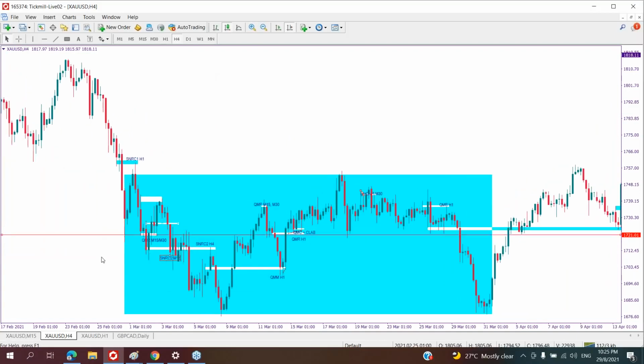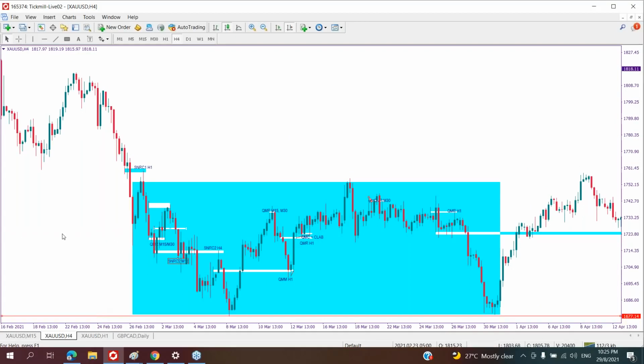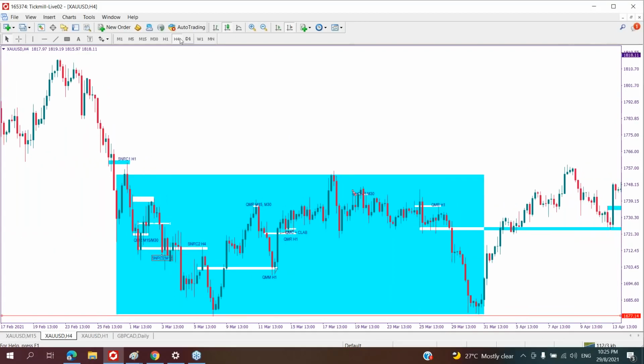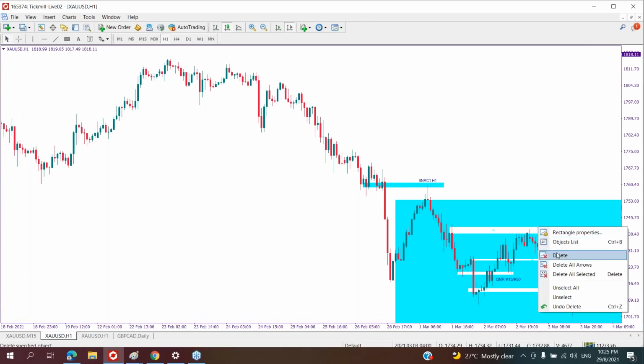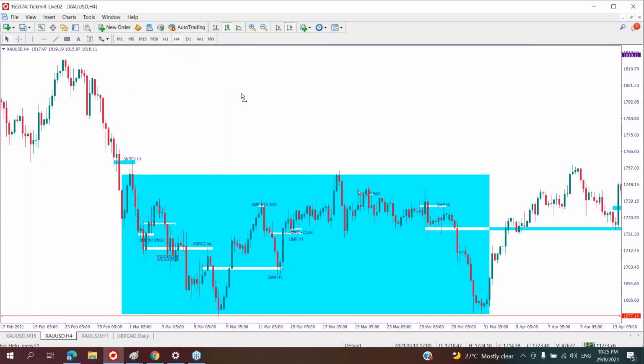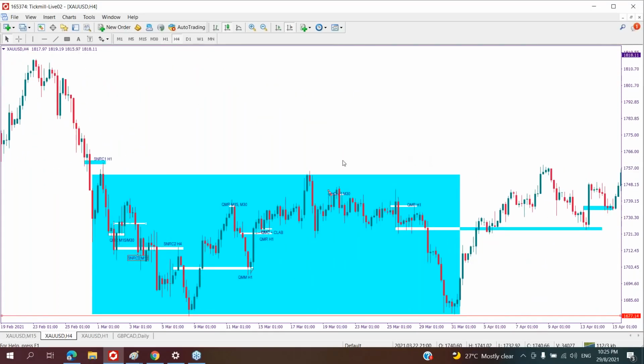Okay, so here is the, let's see. Okay, this is H4 sideways, you can see. And why I chose H4 sideways, because